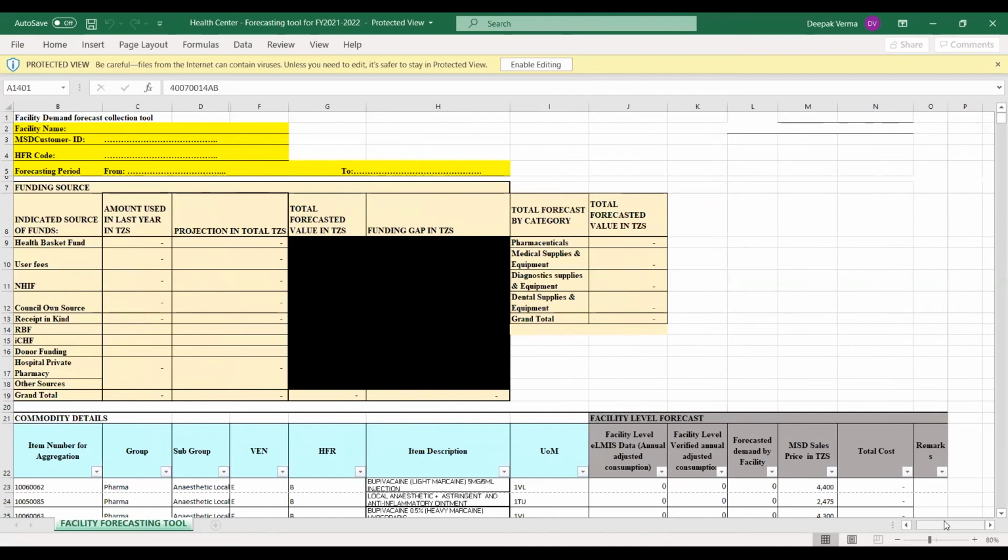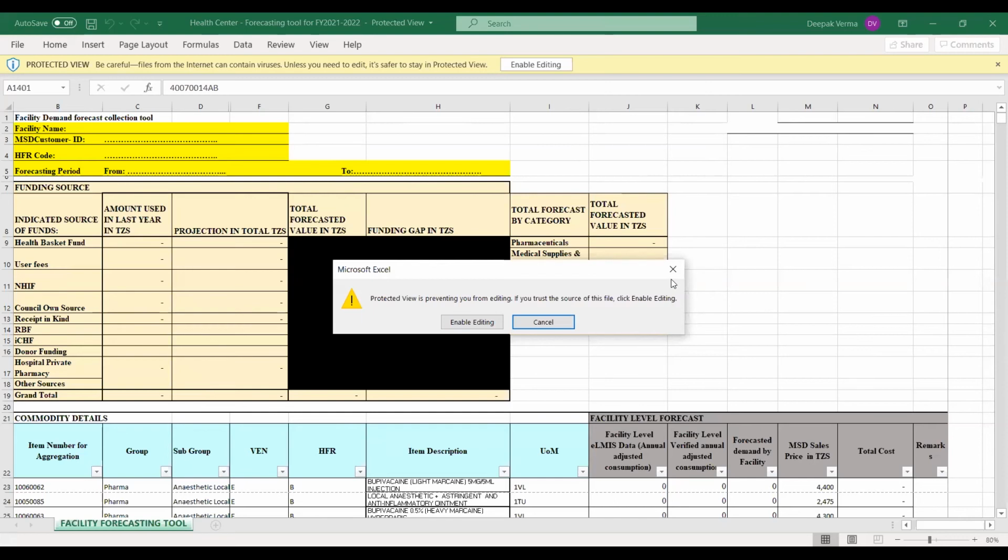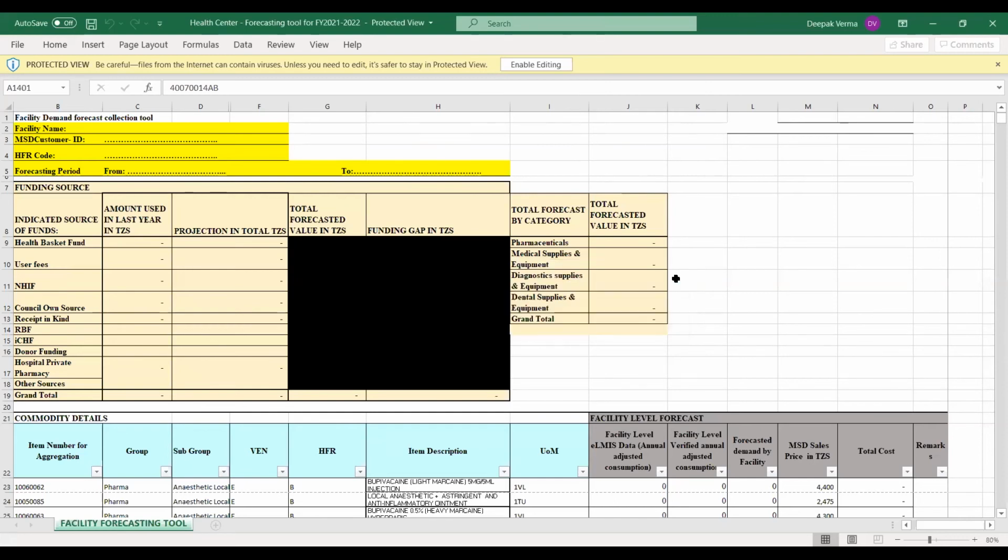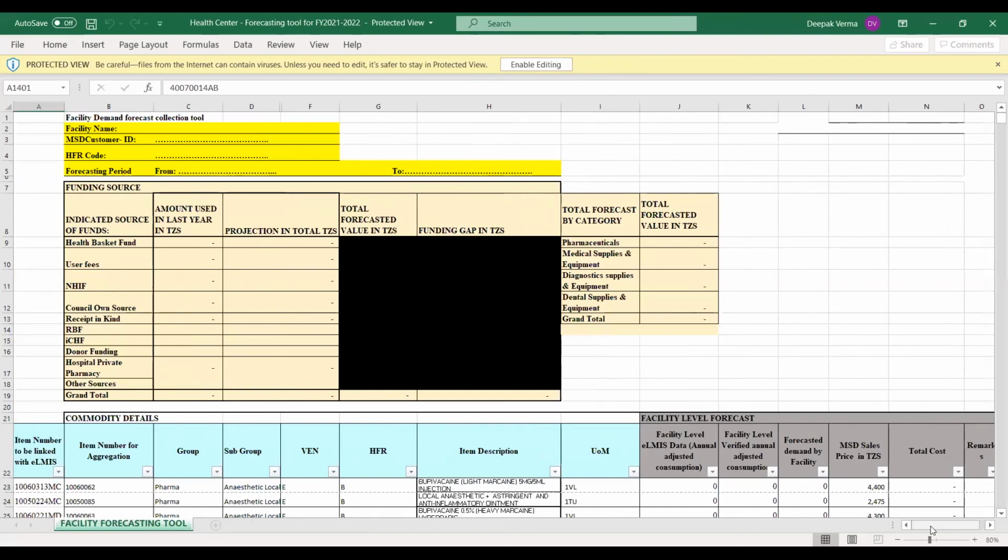At the end, there is a column here which is called total forecasted value in TZ. Wherever the facility adds their needs, it will populate automatically on the category: pharmaceutical, medical equipment, diagnostic, also dental. Then we get the total demand forecast, the cost of the total forecast of the facility. So this is the tool which we are using to forecast for the facility. And this tool is